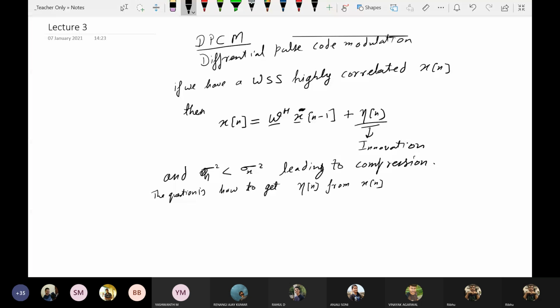So to answer that, we write eta n equal to xn minus w Hermitian x. So if we can get this,